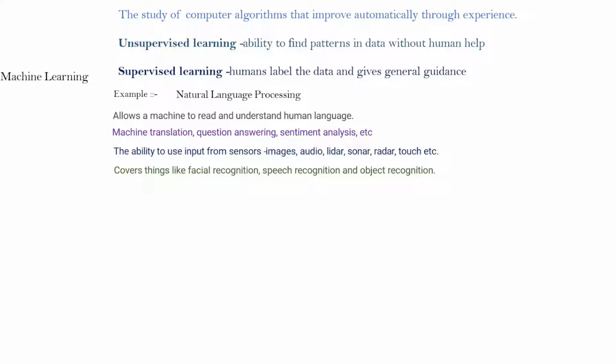In the previous example also we said, some gentleman was speaking over the mic and the sentences were being written on the backside on a blackboard or a screen. So the machine has the ability to read and understand human language. And machine translation: maybe you are speaking in Hindi or maybe in, let's say, French, and you want it translated into English. So those kinds of abilities.